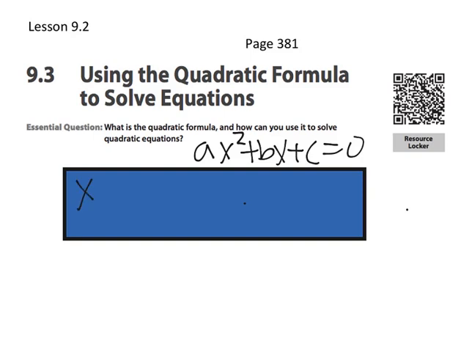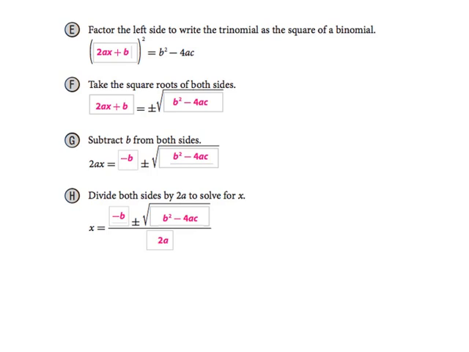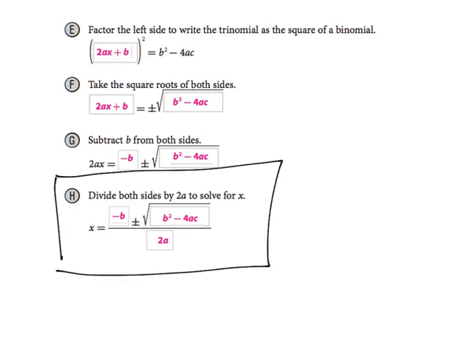To solve for x, the formula is x equal to negative b plus or minus square root of b squared minus 4ac all over 2a. I'm going to skip deriving the quadratic formula. I'm just going to give you the formula. So x equal to negative b plus or minus square root of b squared minus 4ac all over 2a,